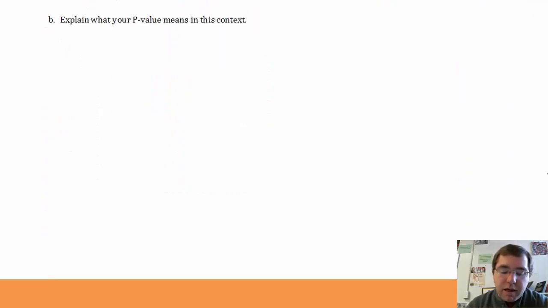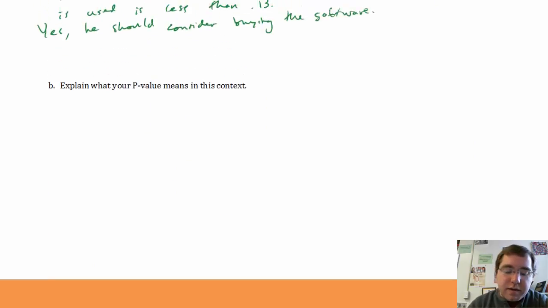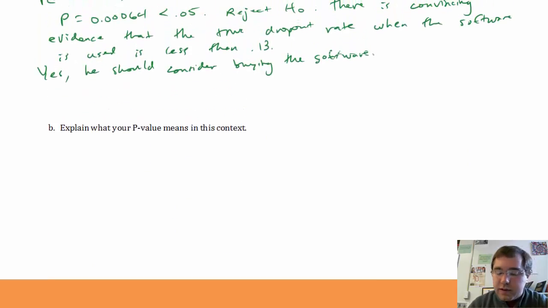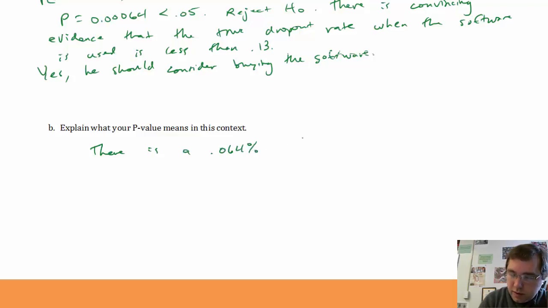Part B. Explain what your p-value means in this context. Well, remember the p-value is 0.00064. P-value is the probability of getting a value at least as extreme as the one we got in our sample if the null hypothesis is true. So that means there is a 0.064% chance of obtaining the statistic of 5.4% or